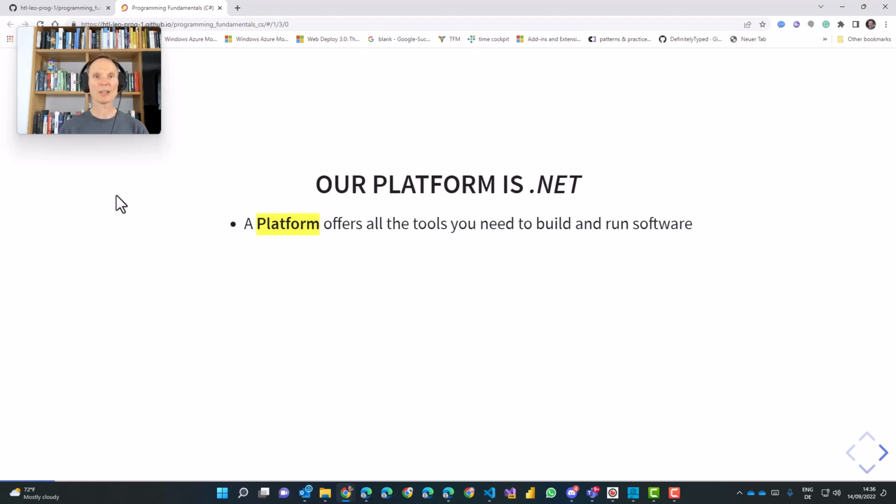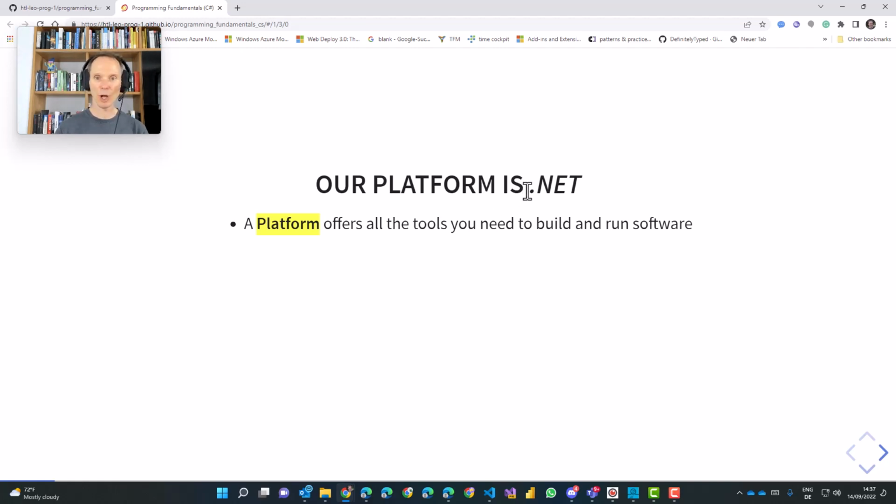All these things like storing data on the disk, in memory, loading a program, exiting a program, are done by the underlying platform. Okay? And the platform on which C# runs is called .NET.